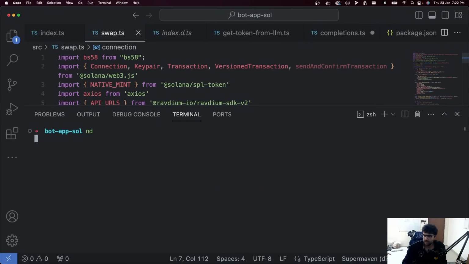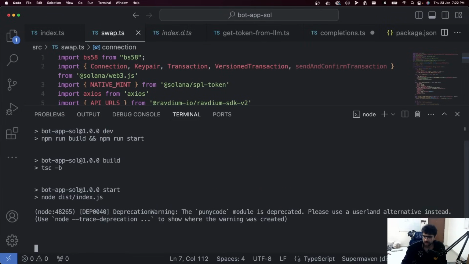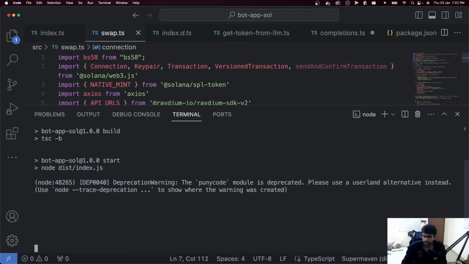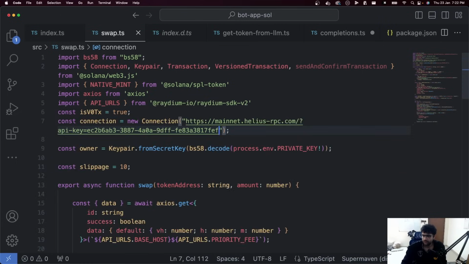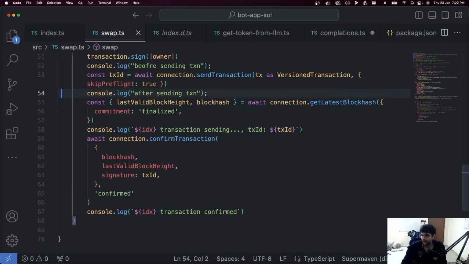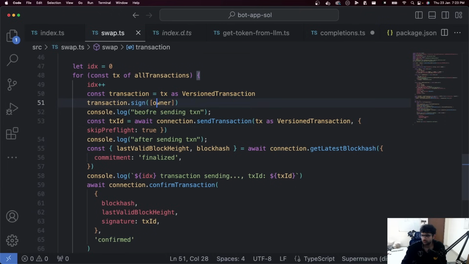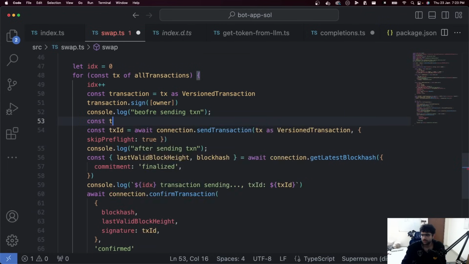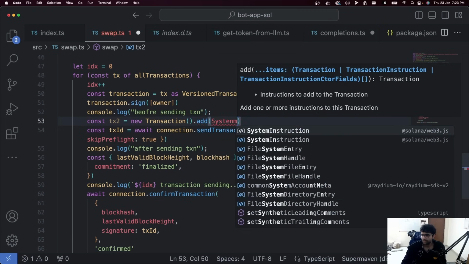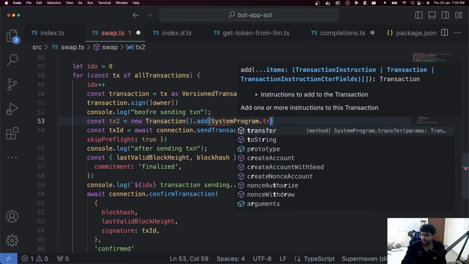Either they're not happy because of the transaction I'm sending, or I'm missing something very obvious. Why would it already happen? Send transaction address if true. Let's send a simpler transaction, maybe const tx2 equal to new Transaction().add(SystemProgram.transfer